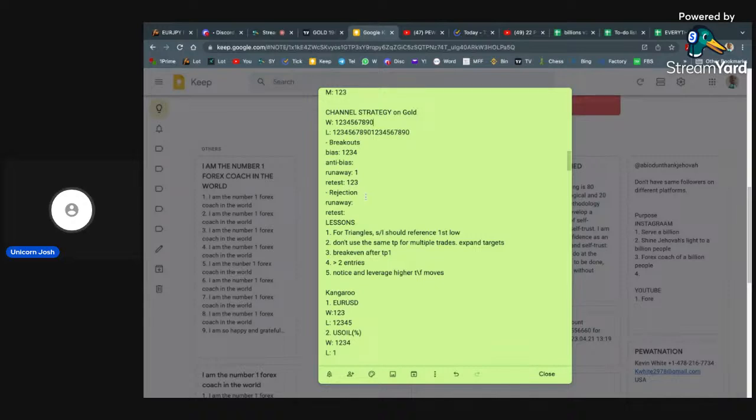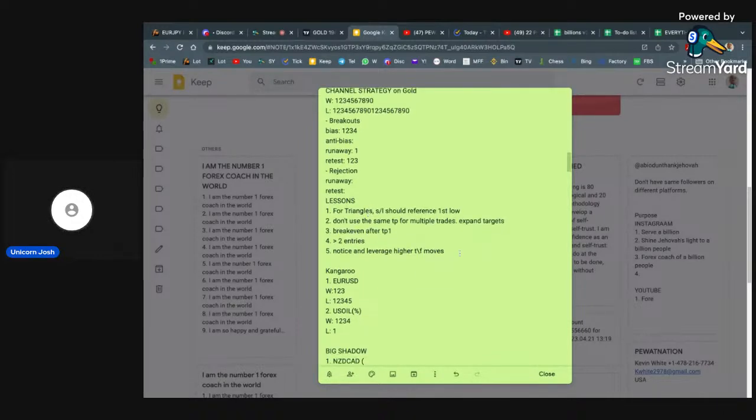So I also want to see the rejections. I've noticed that price doesn't really retest rejections a lot. It just moves and goes all the way. So I want to start recording that as well, taking data of that, so I will know if I have to join a rejection at the first attempt, or if I have the opportunity to just chill and wait for a retest as a confirmation.